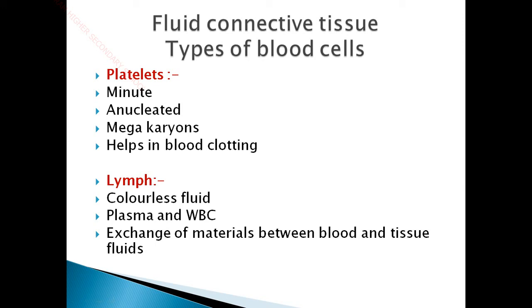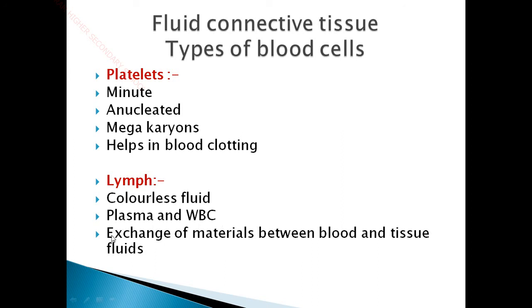And you know very well, you have read in the previous classes about microorganisms, that the way of entry of microorganisms is through cuts and wounds. So whenever we have a cut or wound in our body, it proves to be a way for microorganisms to enter into our bloodstream, and thus enter inside our body, causing various kinds of infections and diseases. So plasma and WBC are the first thing to come out once we get hurt, and they prevent the entry of microorganisms inside our body. So lymph is also very important for our defense mechanism.